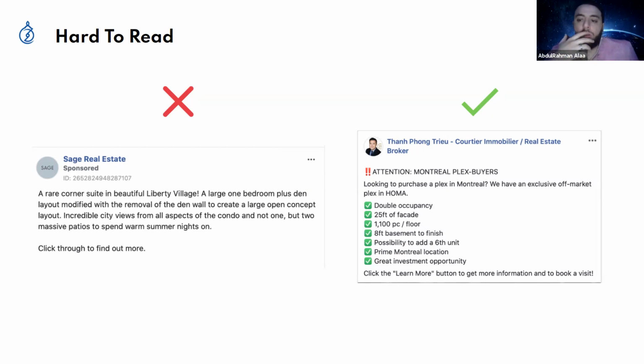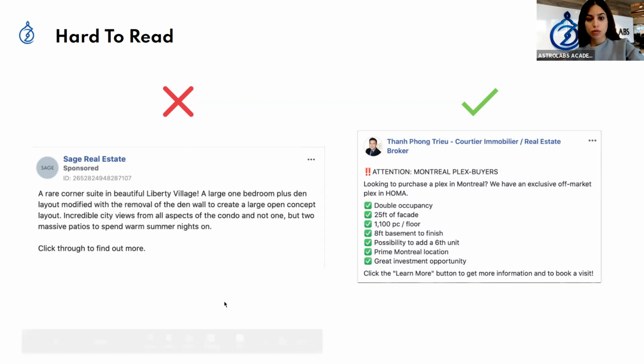And also you need to understand that people don't read on Facebook. They only scan ads. They only look for keywords that are familiar to them, not reading all of the ad, because we are all doing this, just scanning the ads. So you need to use as few words as you can, and relevant, actionable words. So that's why some ads are not working properly.